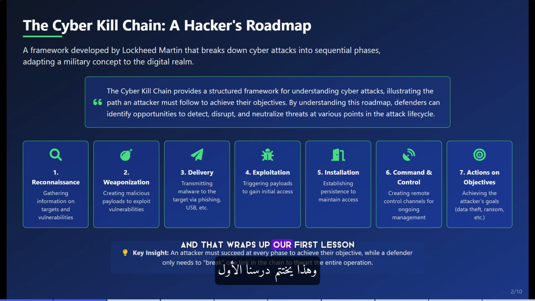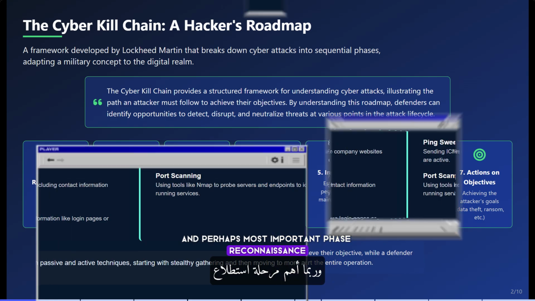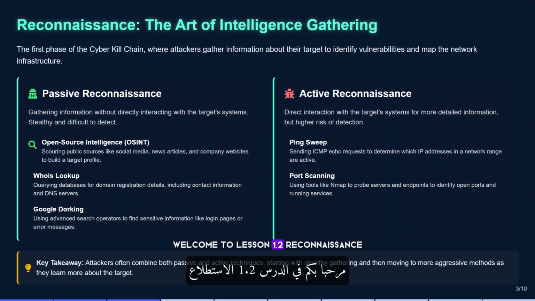And that wraps up our first lesson. We've established our roadmap. Next, we'll dive into the first and perhaps most important phase, reconnaissance. Welcome to Lesson 1.2,